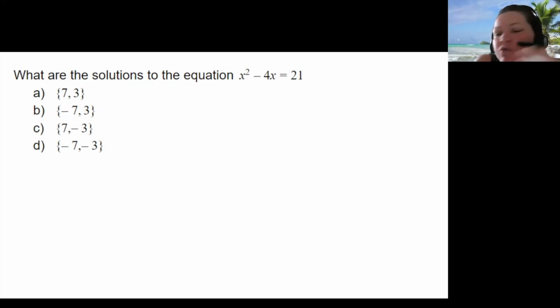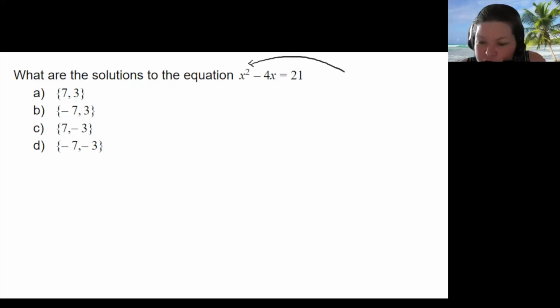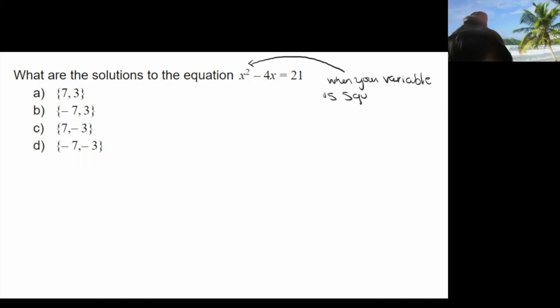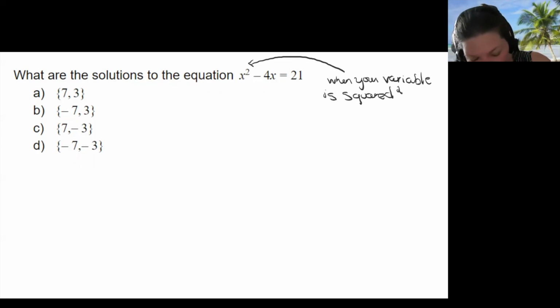Quadratic. It's so nice if you're the blessed human who can just look at this and go, hey, that's a quadratic equation. Help the rest of us know how you knew that. What about this particular equation told you it's not like the other ones we've seen? This is a different scenario. It's squared. Thank you, Stephen. When your variable is squared, so it could be an x squared or y squared, whatever, but it has that little 2 on it, this is what we call a quadratic